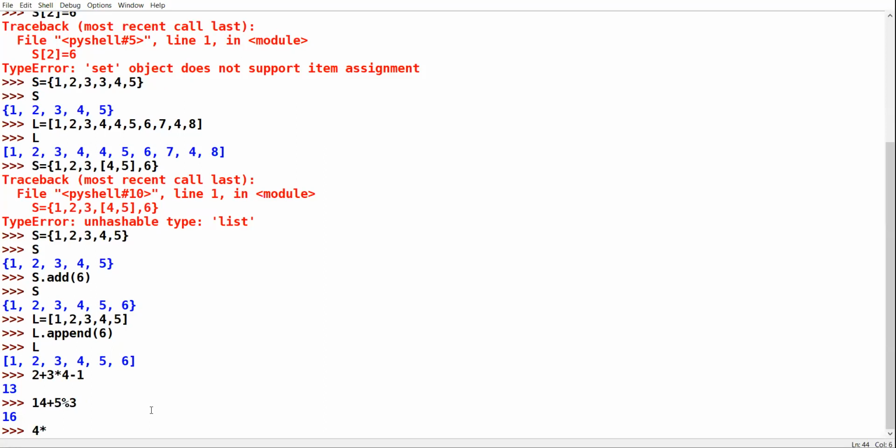4 into 4 plus 3 divided by 2. Solve this one, class. Now this is divide. It will give the answer in decimal.